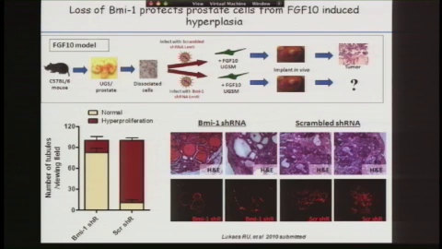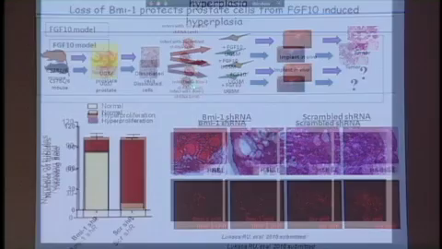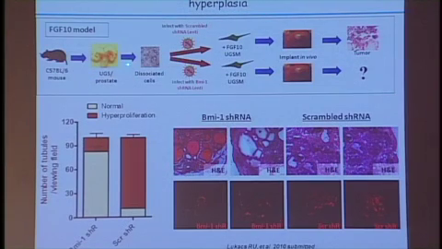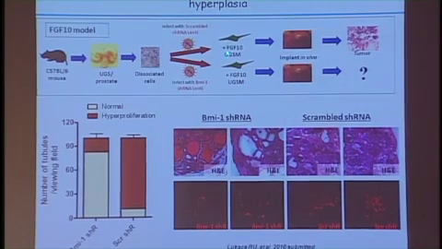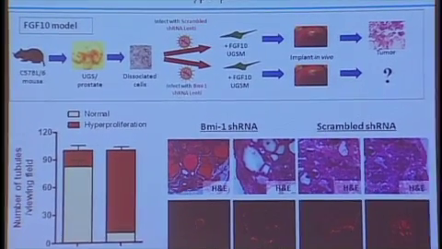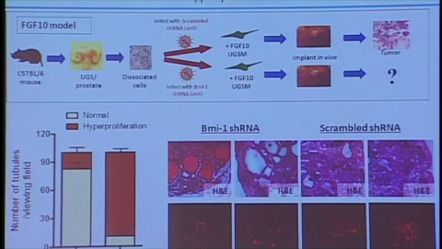And so this type of experiment can be done. Here, using either the BMI1 shRNA or control scramble, we can introduce that into cells and then plate them in this in vivo regeneration in the face of a large excess of fibroblast growth factor 10, which we know will induce a very hyperplastic and progressive towards cancer phenotype.